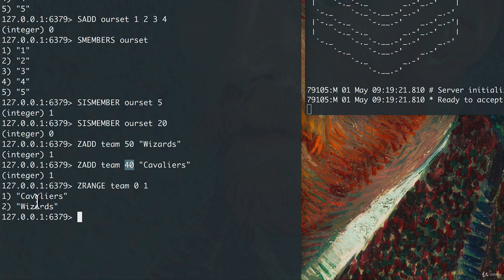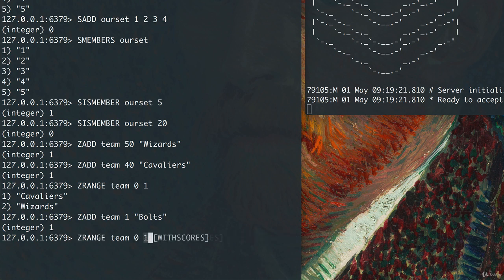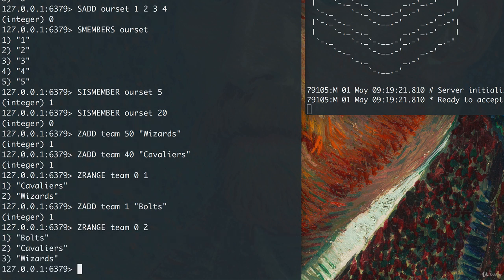And remember, it goes from lower to higher. So if I add another team that only has 1, and they're going to be called, let's say, bolts, I can now say ZRANGE, and we want to grab all 3. And I have bolts, Cavaliers, and wizards